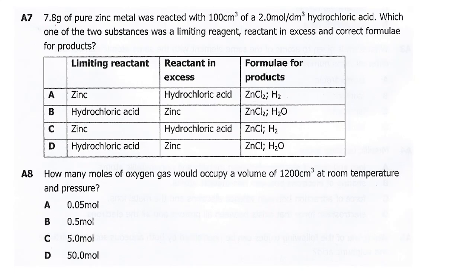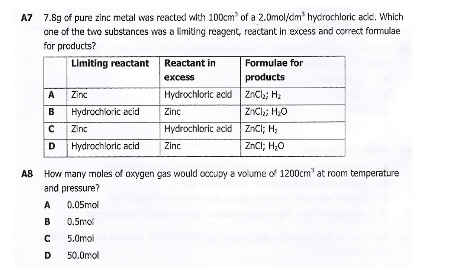So, 7.8. This question says 7.8 grams of pure zinc metal was reacted with 100 cubic centimeters of 2.0 moles per cubic decimeter hydrochloric acid. Which one of the following two substances was a limiting reagent, reactant in excess, and correct formula for products? Okay, so the question is quite clear. You are told 7.8 grams of pure zinc metal was reacted with 100 cubic centimeters of